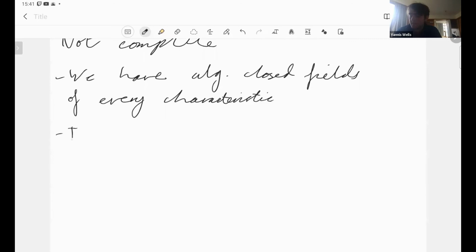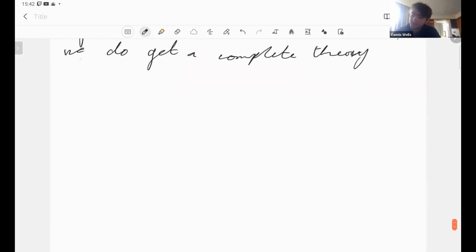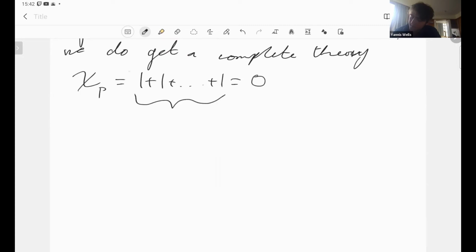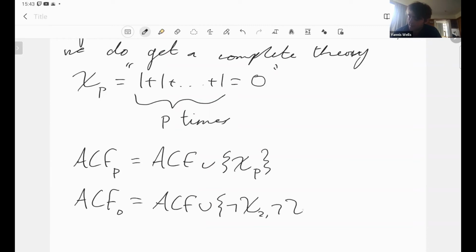It turns out if we include the characteristic, we do in fact get a complete theory. And the way we're going to include the characteristic is we're going to create some sentences, chi p, where chi p is the sentence that 1 plus 1 plus 1 and so on equals 0, with p ones. And we're going to say that ACF p is ACF union chi p. This is algebraically closed fields of characteristic p. And ACF 0, which is characteristic 0, is ACF union not chi 2, not chi 3,